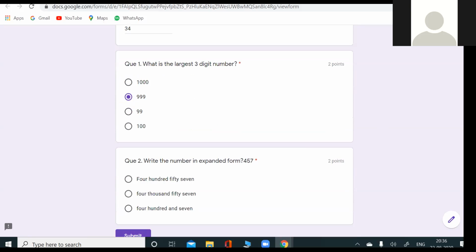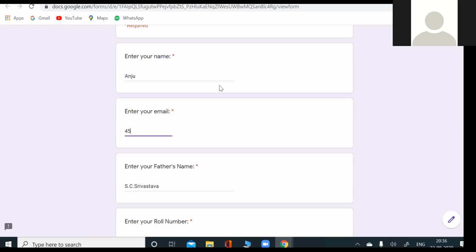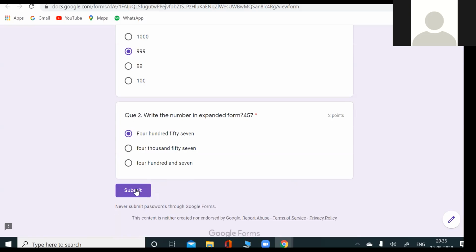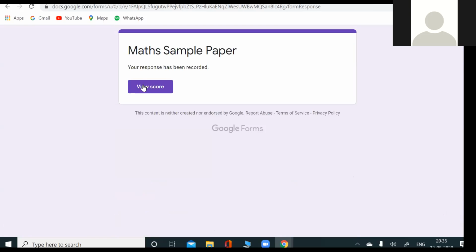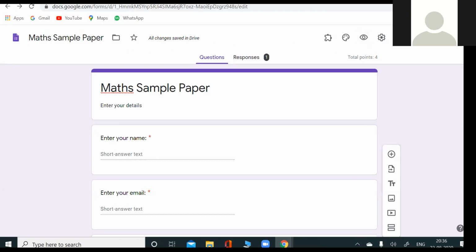This form will open on the student side. Okay, and then I will select here, and at last I'm going to submit this form. Okay, the email ID, I will just take the number. Yeah. Okay, and then I will enter submit. Okay, the students can also see their responses. They can see their scores, and in this way this form will open. They are able to see their scores.